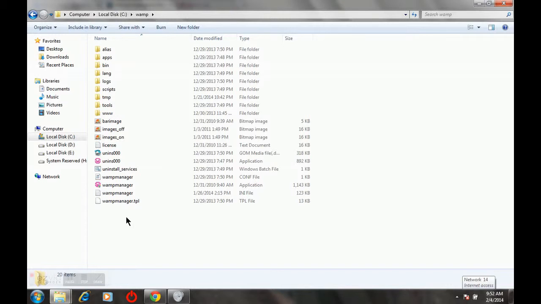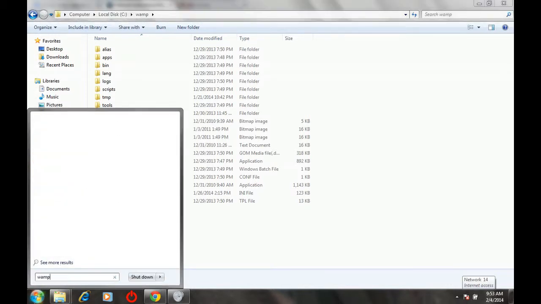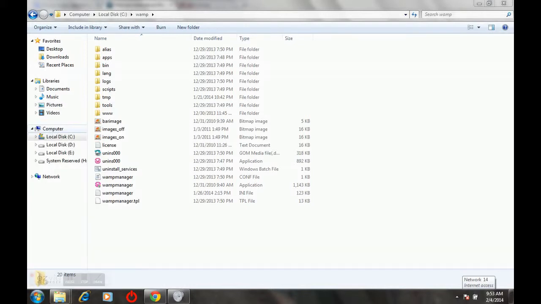So in order to check whether the installation is successful or not, click on start and type in WAMP and click on start WAMP server. Click on yes. So the WAMP server is starting. You can see that a WAMP server icon has been added.